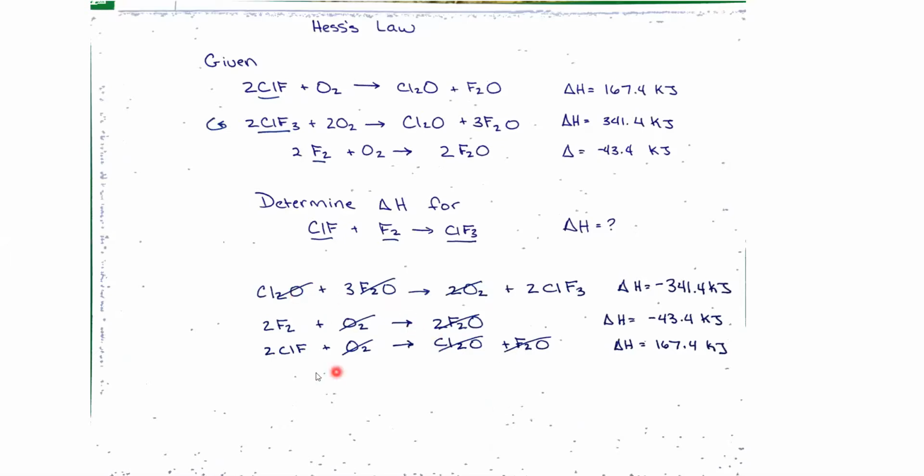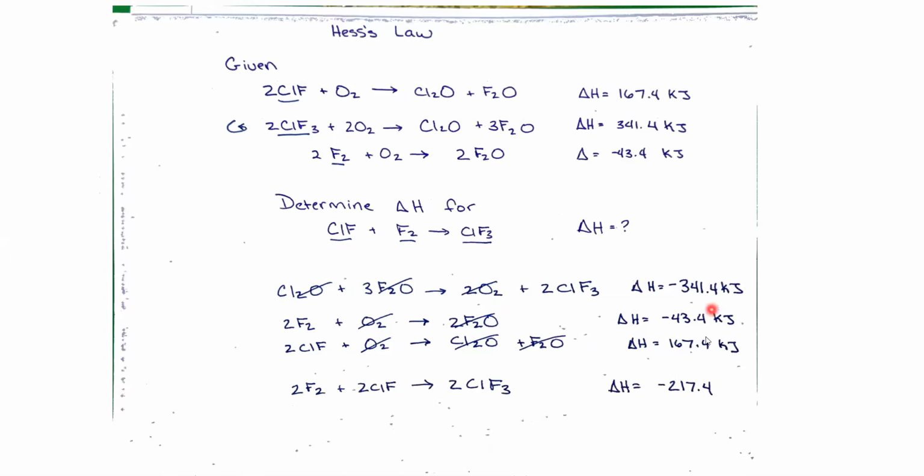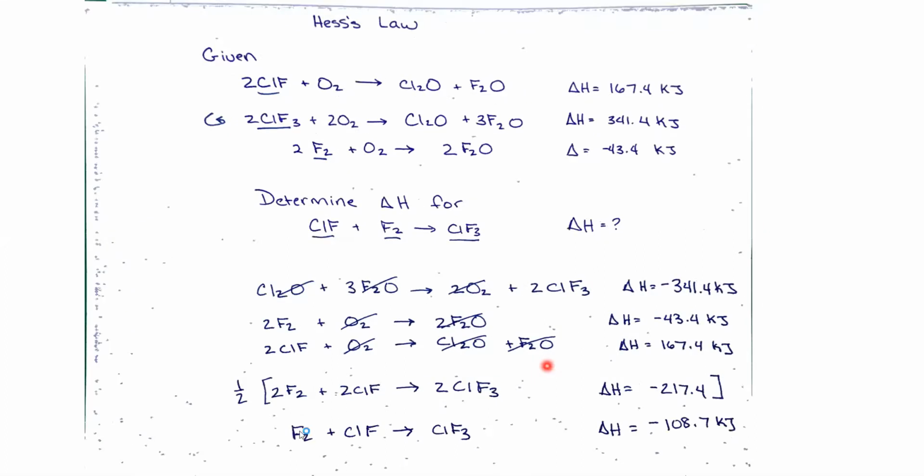And when all those are gone, all that I have left are F2 and ClF on my reactant side and ClF3 on my product side. And that's all I want. So when I add those together, I can add these energies together, and I get negative 217.4. Good. That's what I'm looking for. But instead of 2F2, 2ClF making 2ClF3, I just need one of each. So I can divide all this by a common factor, which is 2. So 1/2 of this, 1/2 of that, 1/2 of that, and 1/2 of this. And when I do that,